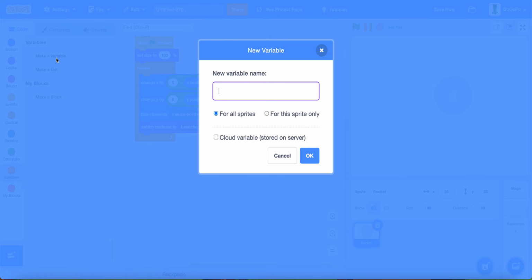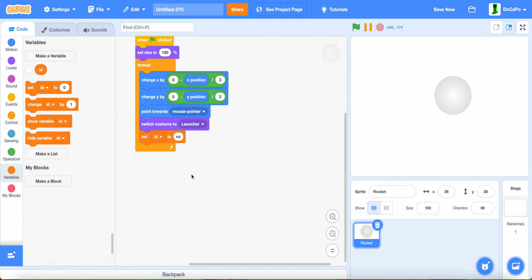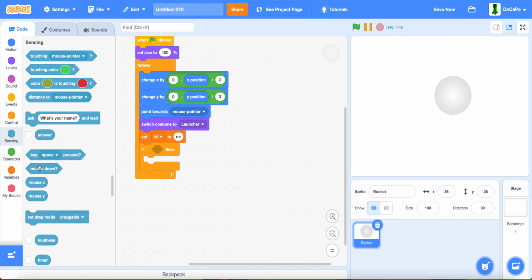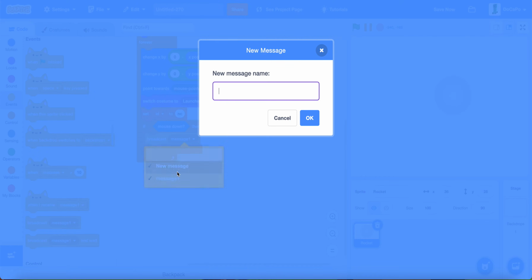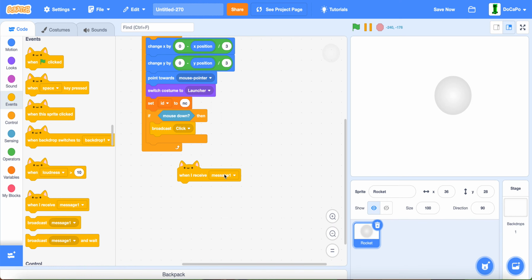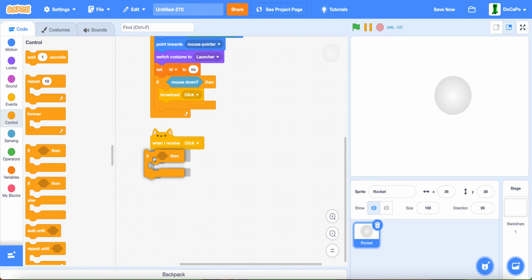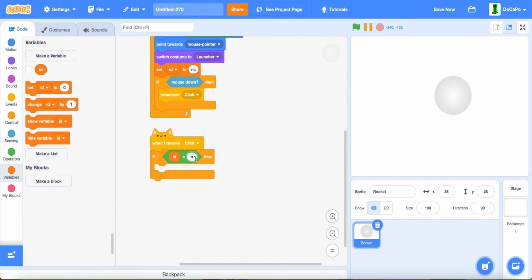Create a new variable named ID for this sprite only. Set ID to NC, or not clone. Then, if mouse down, broadcast new message, click. Now, when I receive click, and then if ID equal not clone,